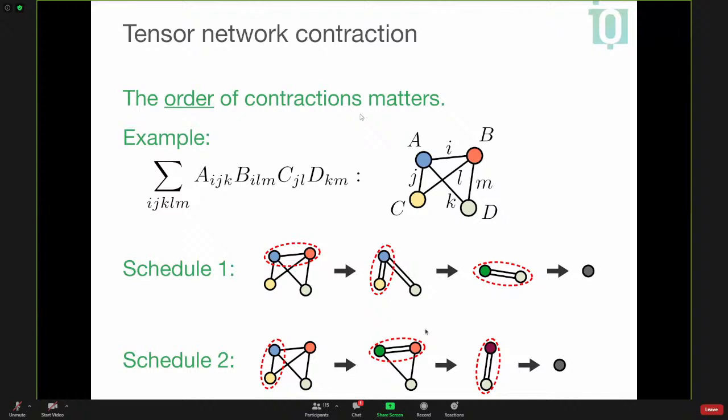An analogy you can give is that the tensor network gives you the to-do list. You can imagine the to-do list is like going to the grocery store and getting a number of items, but it does not tell you how to do it in the fastest way possible. This you have to figure out yourself.